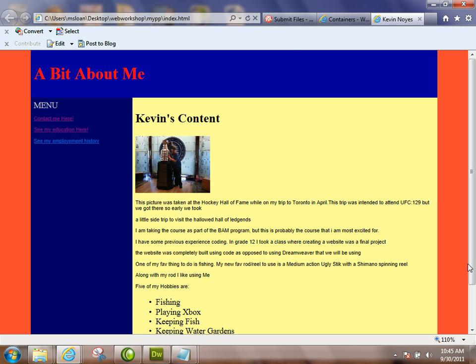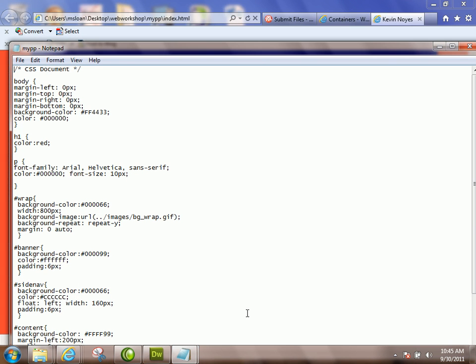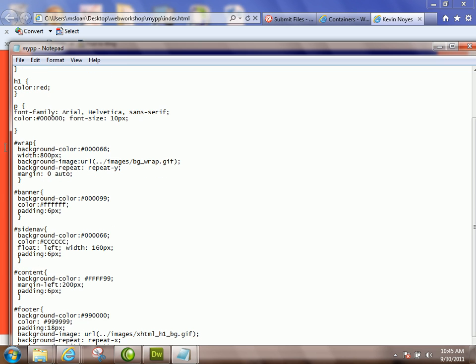Okay, then what you can do to even further demonstrate that you can adjust this stuff a little bit, and I haven't shown you a lot of this, nor am I going to go around and on each of your computers start doing this all for you, okay? This is where I want people to stand out a bit. I've shown you how to create these divs with the code, and a lot of people are cutting and pasting, but some of them are actually reading the stuff like they're supposed to, and they understand that if they now go to the CSS document and go to the wrap, for example, which is the main div that contains the rest of them,